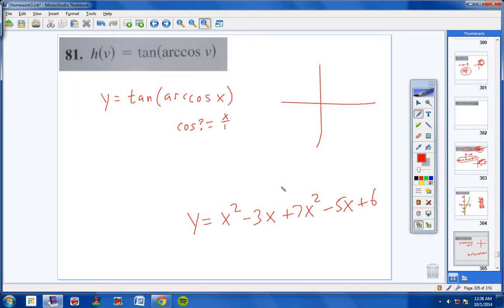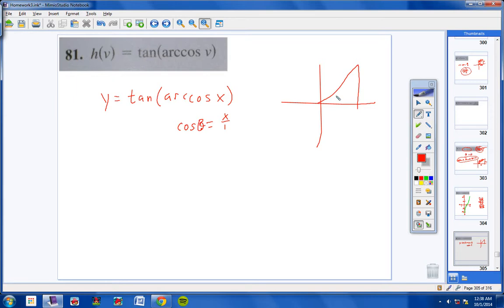You would first simplify this right side over here and then go ahead and graph the parabola. Okay, well, same thing. We're going to simplify this right side over here. So here we go. I'm going to go ahead and draw my triangle, put my, I guess we'll call it